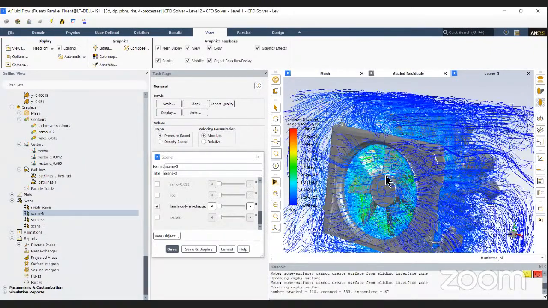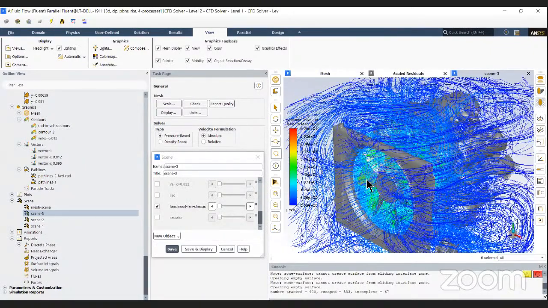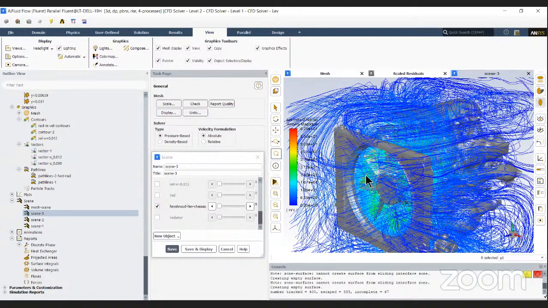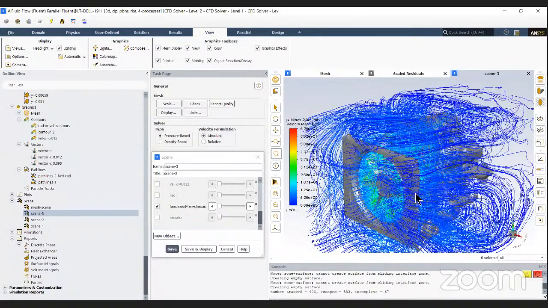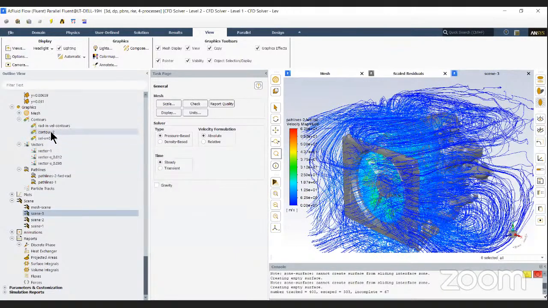But some of the path lines get sucked back in, and this can be a cause of concern because if you are getting heated flow that is being sucked back into the radiator, then you're not going to be able to get as effective cooling as you want for cooling your engine bay. So that can be an issue as well. There could be other things that you take into account. For example,